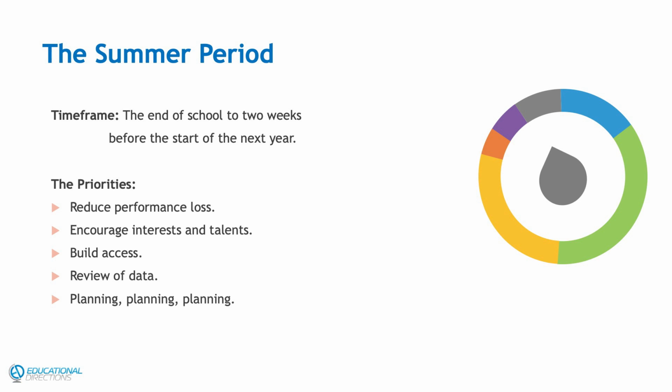We want to make sure that the summer is a review of data. Now that's some of the data that we've been capturing through our data management systems throughout the school year. And then usually, depending on what state you're in, sometimes state testing data is available early in the summer. We usually bifurcate the summer, thinking we spend most of June processing how the year went and how we would do the next year differently. And then once we have our formal data sets come out, spend the rest of the summer figuring out what seemed to work well, what didn't, and then really putting a fine point on how we're going to open school, and then the value that we're going to add to each one of the periods throughout the year.